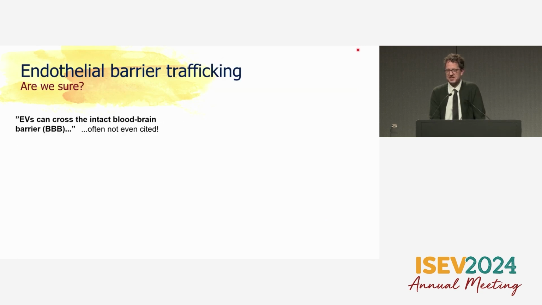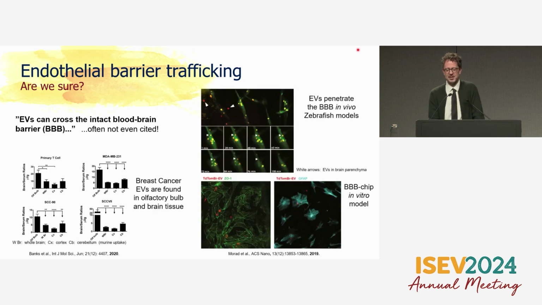I really got scooped on this slide. I was so excited to burst everyone's bubble that there's hardly any evidence that EVs actually cross the intact blood-brain barrier. That was well motivated by our panel earlier. I want to believe it. I think it would be wonderful if EVs just crossed every barrier, but from what I can find, and I would love to be corrected and shown primary evidence in the literature, there are 2 studies that actually show direct evidence of EVs crossing the blood-brain barrier.